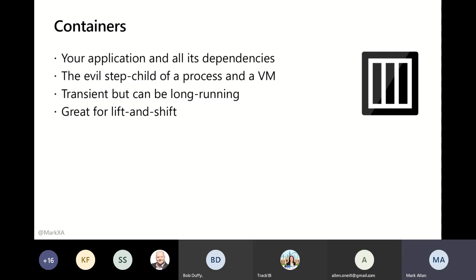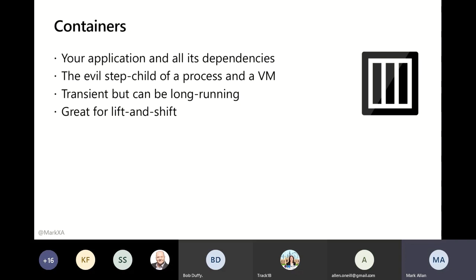But essentially, it's your application and all its dependencies packaged up into this neat thing that can be deployed out into your development, production, or testing environment, anywhere that you want to run it. And in theory, it runs exactly the same because it's packaged up with all its dependencies. It has no reliance on the host that it's running on, so it doesn't matter what version of .NET Framework you've got on there or anything like that.